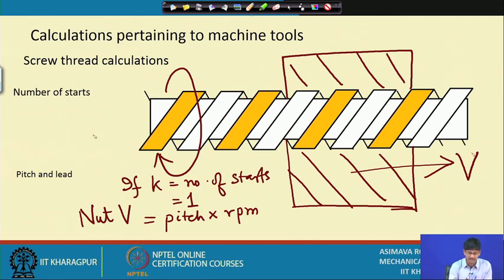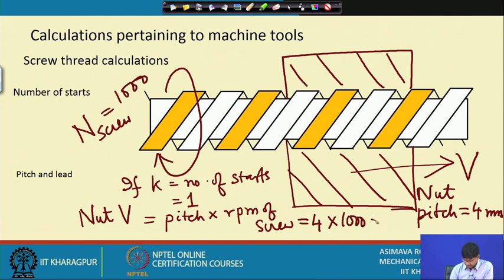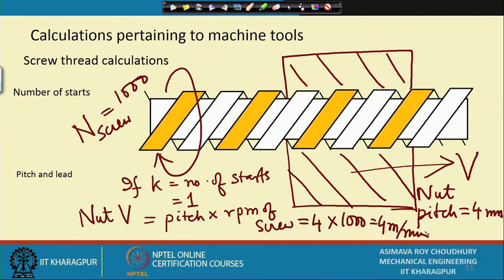Let us have an example. Suppose the rotation of the screw, RPM of screw is equal to 1000 RPM. So, in that case, if pitch be equal to, nut pitch and screw pitch has to be the same, otherwise they will not match. Nut pitch is say 4 millimeters. In that case, this will be equal to 4 multiplied by 1000 equal to 4 meters per minute. Just imagine, 4 meters per minute will be the movement of the screw if number of starts is equal to